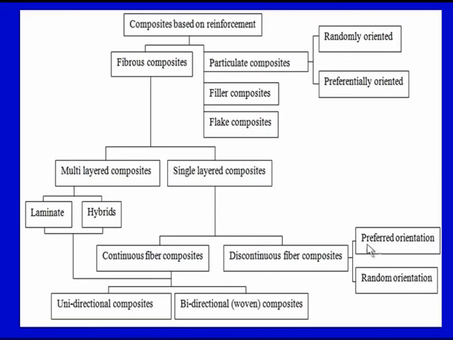So we can once again just summarize, we can have fibrous composite, we can have particulate composite. Within fibrous we can have multi-layered or single layered. Within single layered we can have continuous or discontinuous. In multi-layered we can have laminates or hybrids. In hybrids we can have one layer of glass fiber, then carbon, then glass, then carbon, or one Kevlar, graphite, Kevlar, graphite. So we can have different combinations or different stacking sequence or lamination sequence in hybrid composites. So on your screen you can very easily see the reinforcement can be put into the polymer matrix in a number of ways.